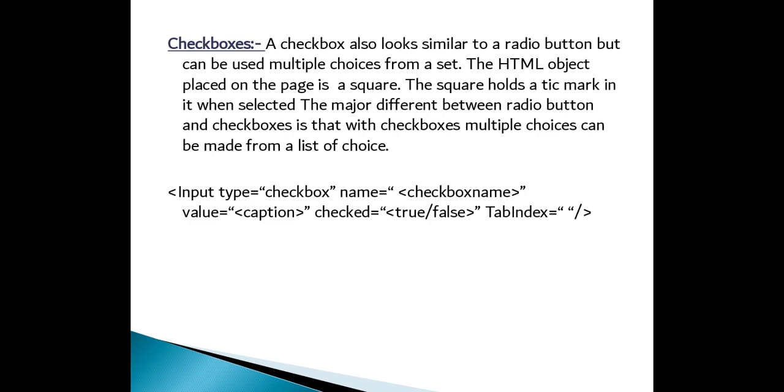Okay, so here the square holds a tick mark in it when selected. The major difference between the radio button and checkboxes is that with checkboxes multiple choices can be made from a list of choices. As I told,